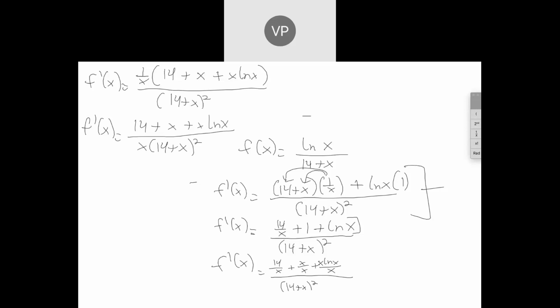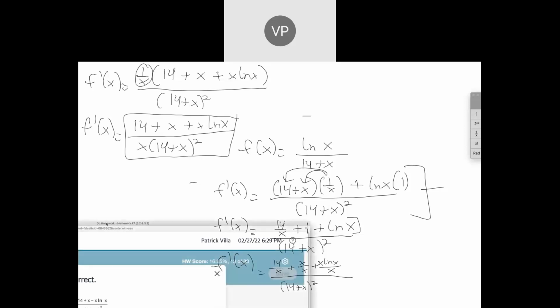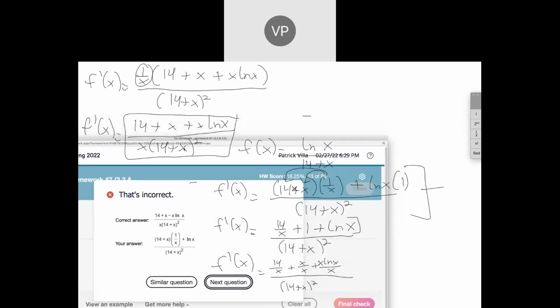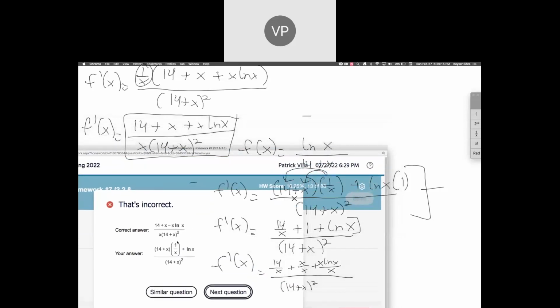So you see what happens is I just take this 1 over x and it becomes an x on the bottom. And this is the answer. It's the same exact answer that we had, but now it's in the form that they wanted. And the only thing I see here is, oh,